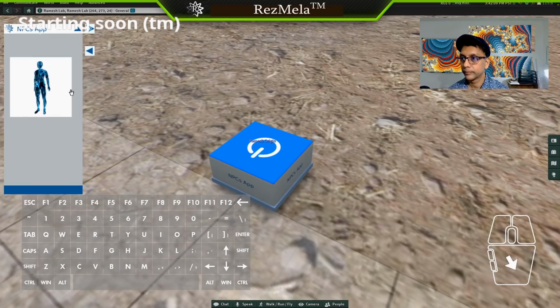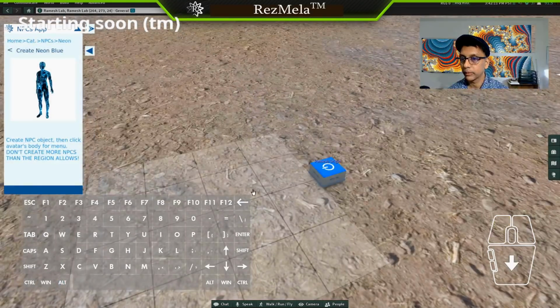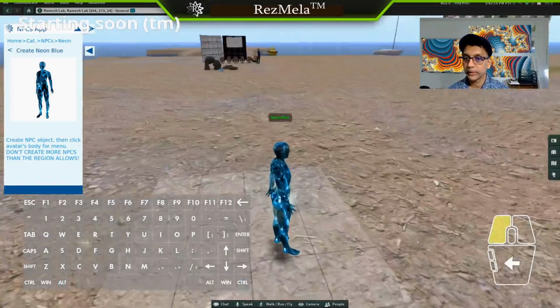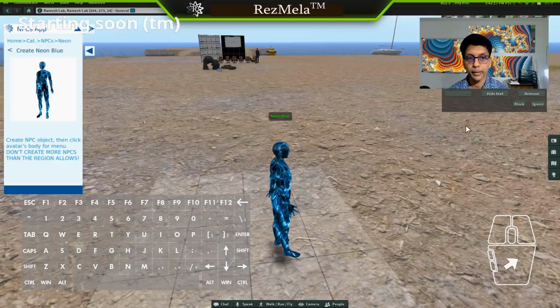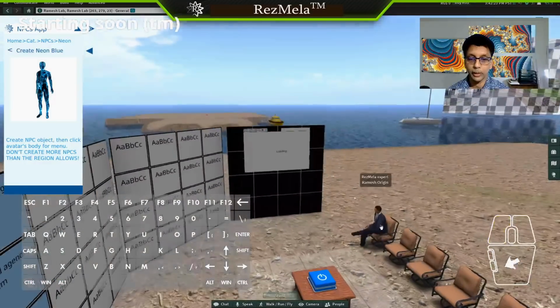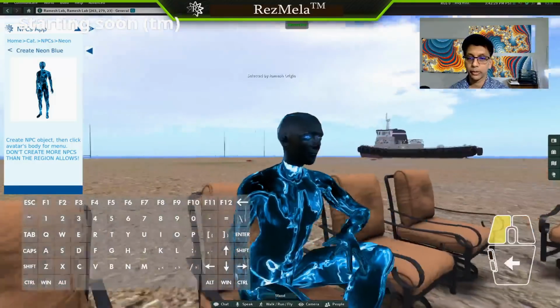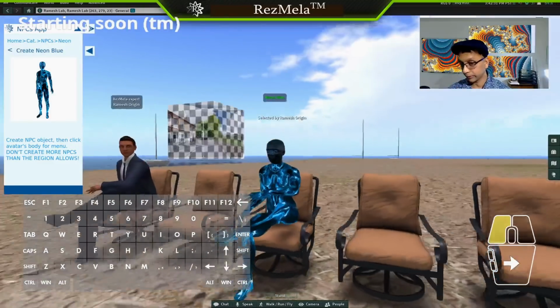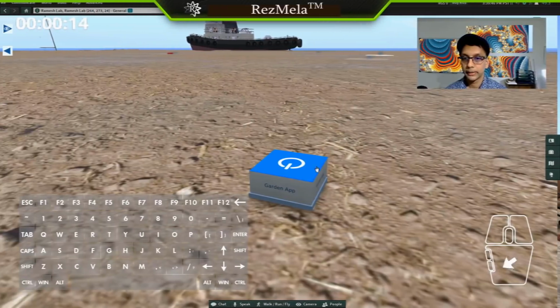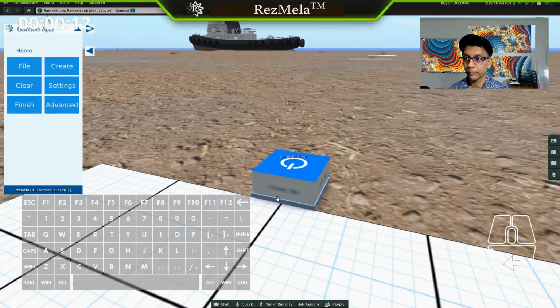And let me just place one here. And you can use these characters and make them, let me select them and make them sit anywhere, and you've got animation objects that you can deploy in the scene and you can animate them. This is a garden app, for example, and you would notice that